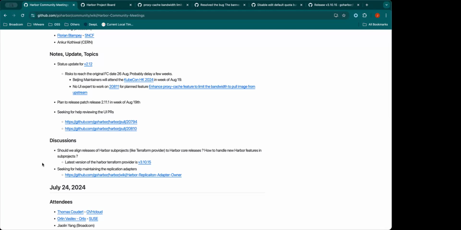I will need to be aware of all new features in the API, because if we want to add them to the Terraform provider, I need to know them. I'm not always aware of it. So I don't know if, when someone creates a new feature in the API, they can add an issue in the Harbor provider or link it to me.